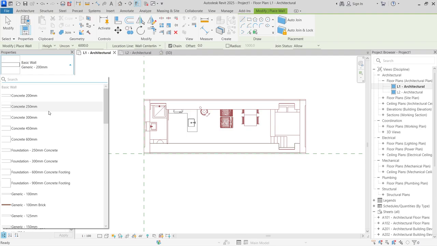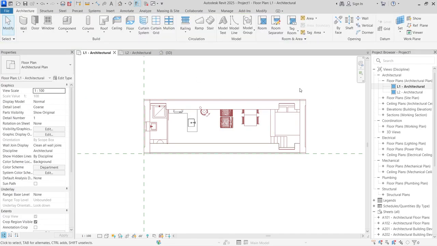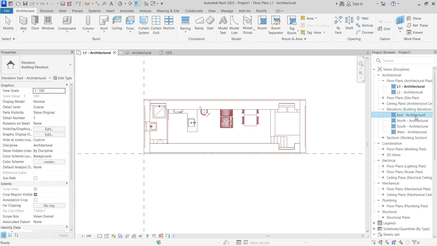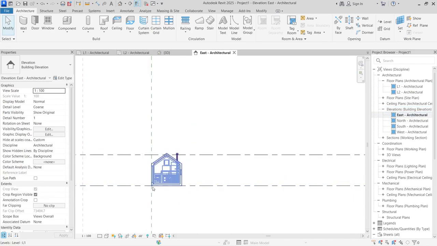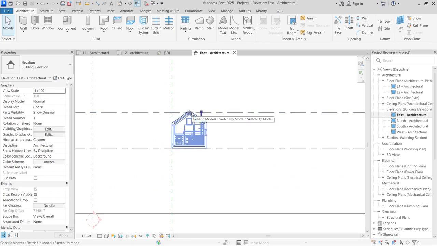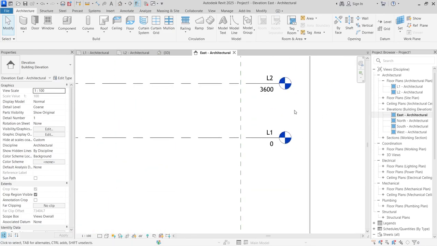But before we get into the wall, we have to get a fair idea of what the height of the building is like, because the upper side of the roof doesn't have any structural elements. That's also a room in itself. So we're going to head over to the elevations in the project browser here. Just click that and choose one of the elevations, let's say east elevation, and you can see here the exact height of this building at the tip, very close to the top of the roof here, is about